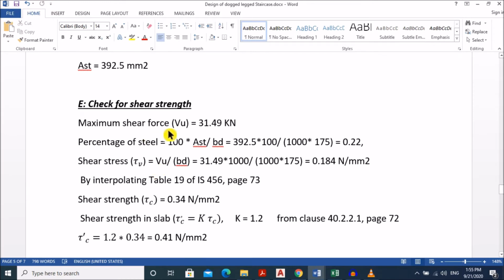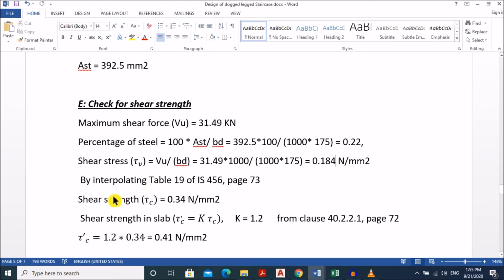The maximum shear force value is 31.49 kilonewton, and percentage of steel 100 multiplied by Ast by bd gives 0.22, and shear stress due to loading is tau v, that is Vu by bd, that gives 0.184 Newton per